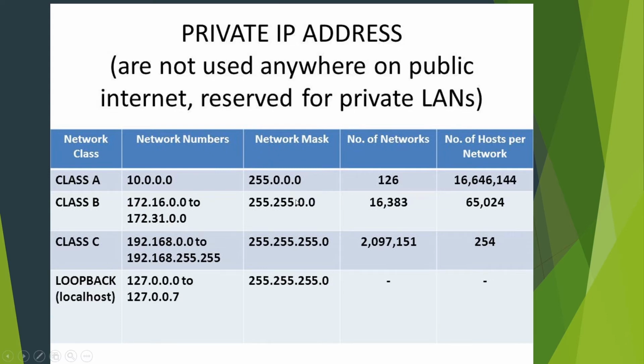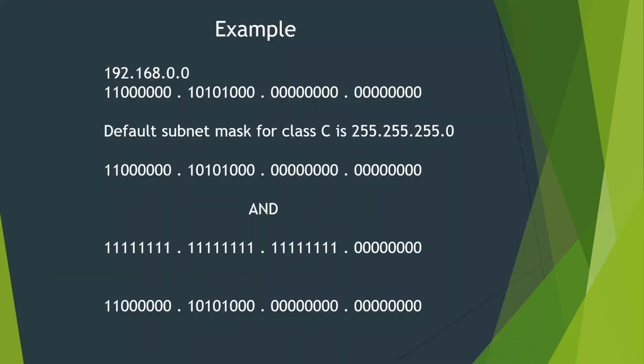So let's see what this default network mask is. This network mask is provided by default when creating these networks. Let's take an example and look at 192.168.0.0. This is our class C private IP address range, right? I have my home and I have set up a router which gives out IP addresses from here onwards.